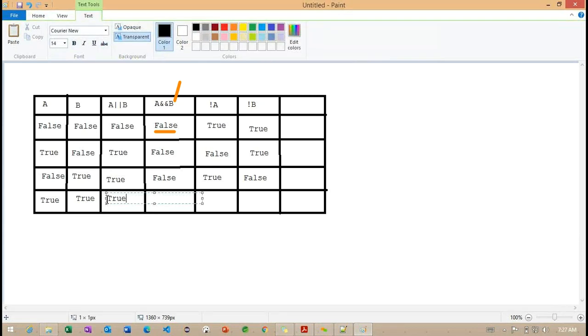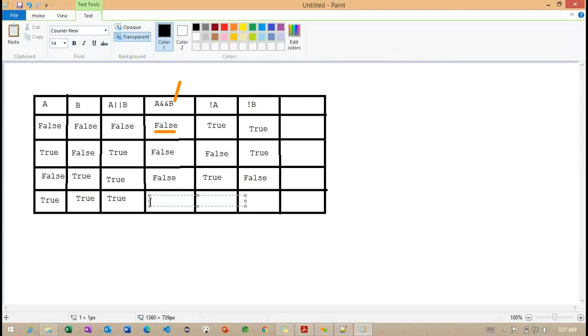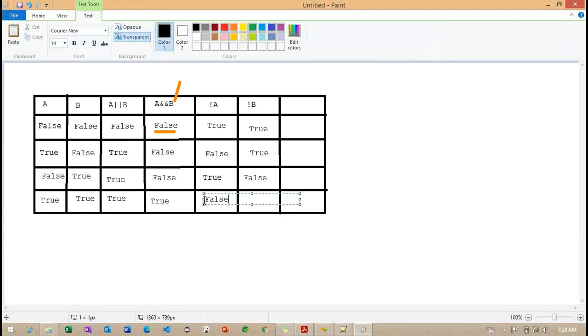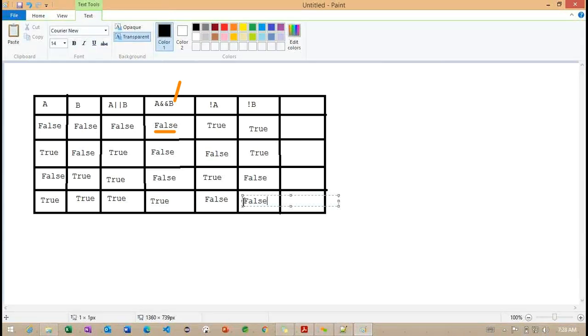So both are true, and A or B will return true and A and B will also return true here. Observe that only one case is returning true and the remaining three cases are returning false.